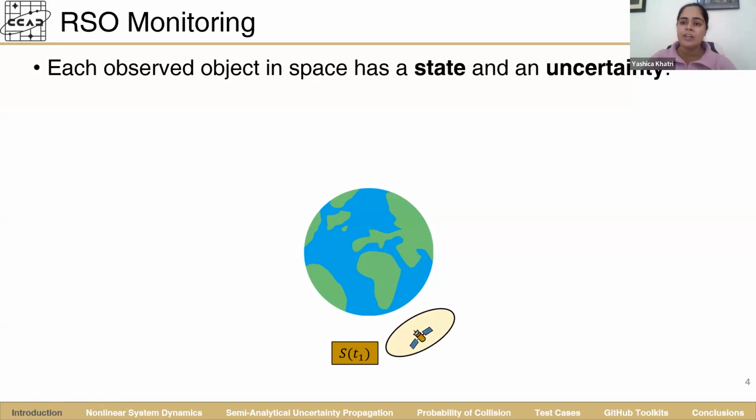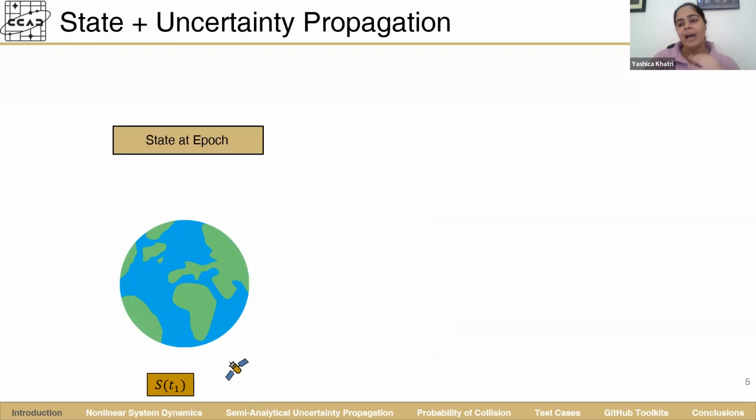It's very important to note the accuracy of these observations and have this percentage of uncertainty associated with the state, because we can rarely ever be 100% sure of where an object is. And that means that when we propagate this forward, we have to ensure,